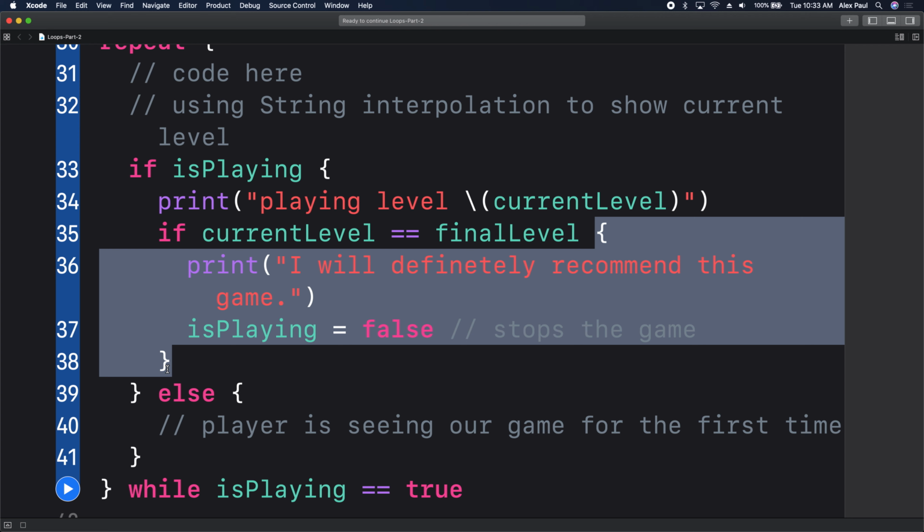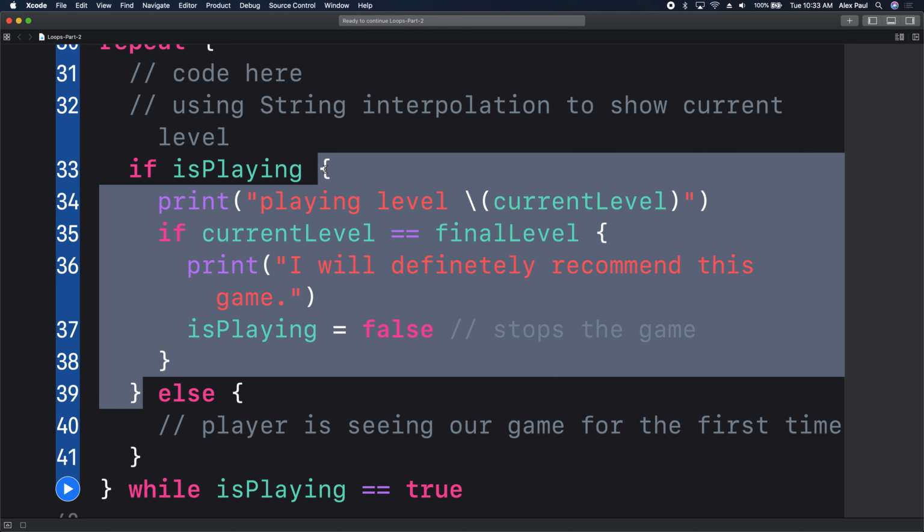And inside our if isPlaying block, we have a print statement to show the current level, and we have a check to see if the player has reached level